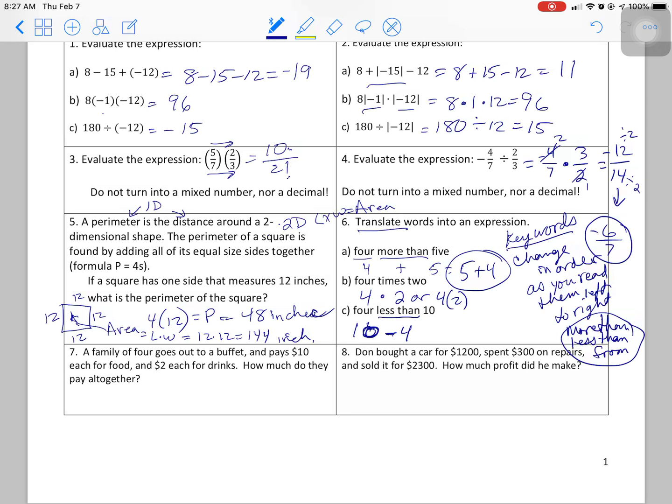All right, your family of 4 goes out on a buffet, pays $10 each for food. 4 times 10. And all 4 of them get $2 drinks. How much should they pay altogether? You should be writing an equation down. That's $48